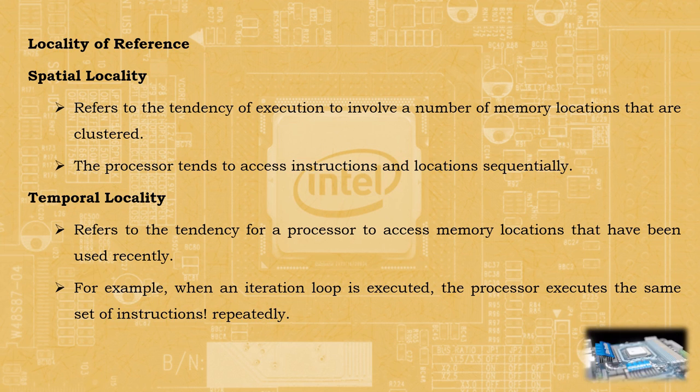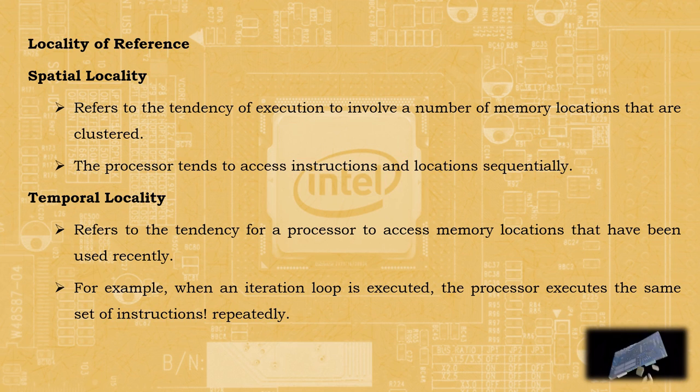Temporal locality is the locality based on time. Spatial locality is related to the space or the location where we store the information. Spatial locality: items whose addresses are near one another tend to be referenced close to each other in time. Assume that I am accessing an instruction from memory address 1000. Then, within a few nanoseconds, memory addresses 1001 and 1002 will be accessed. It is based on spatial locality.